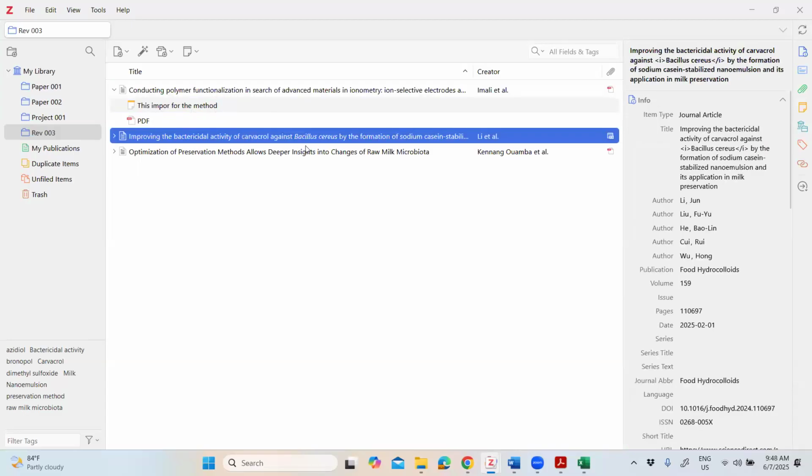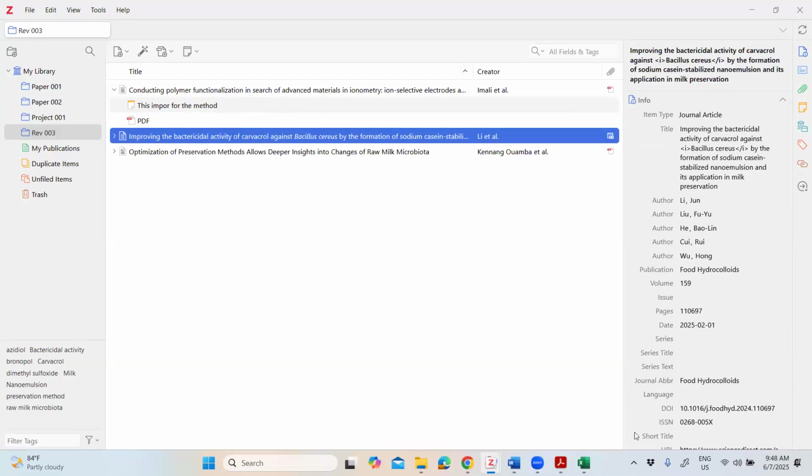This article is important for the scientific concept. This way you can easily find out why this article is important. Otherwise, after maybe 3 months, you don't really remember why this article is important. So it's really easy to process the information later when you start writing your thesis or when you start